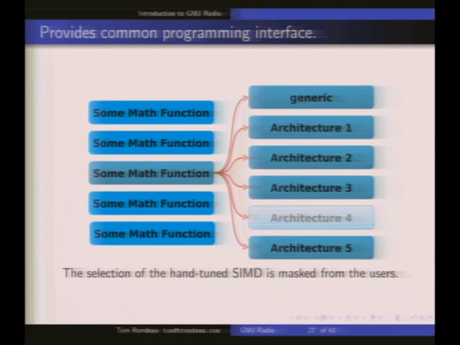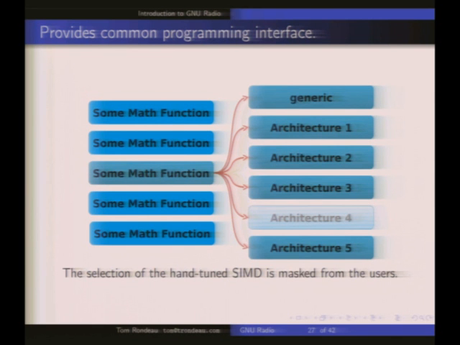So when you write some math function and you want to optimize it for your processor, first of all, you always have a generic. You always have the straight C. This is a C library, not even C++. Straight C implementation of the routine, so a for loop that iterates over all n number of items in your vector, whatever. But then you do architecture-specific, hand-done SIMD. So it's still going in there and coding by hand, but say you're interested in supporting SSE and SSE2. So you go in there and hand code those out and offer those as available as part of the VOLK